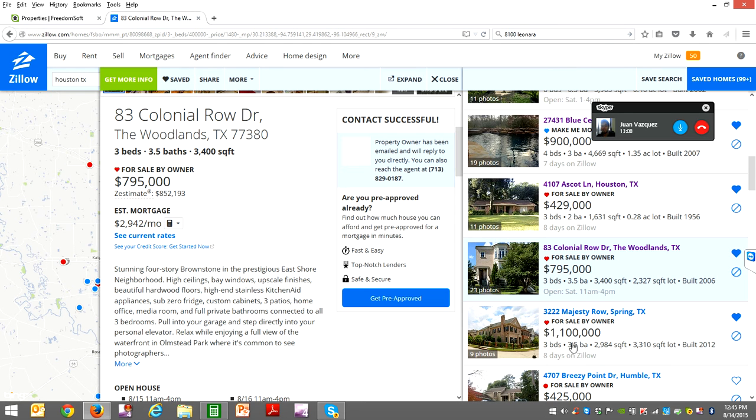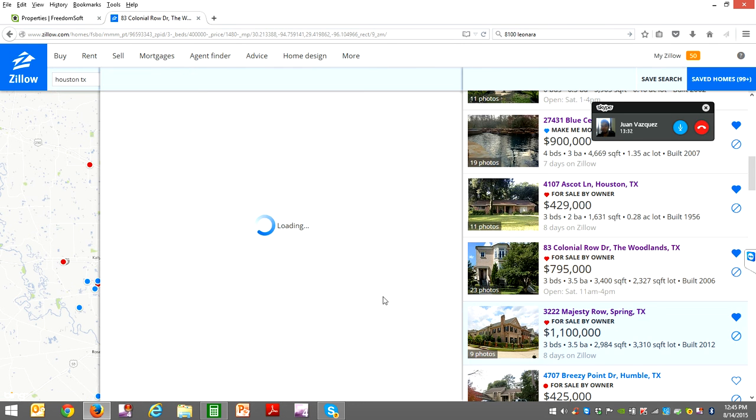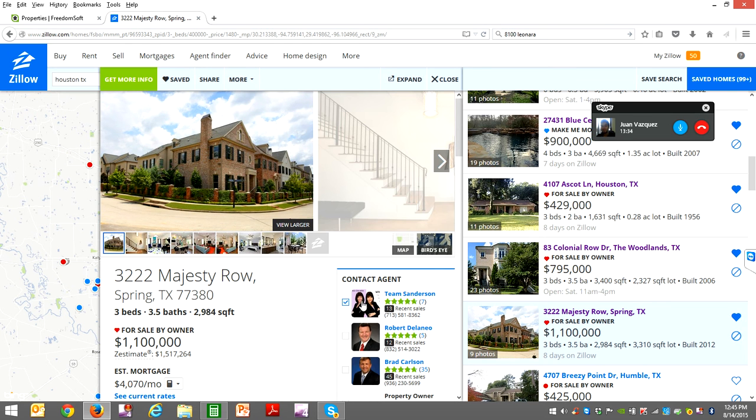So naturally, what do we want to do? We want to click on bigger properties to generate larger commissions. And certainly they may take a little bit extra time to move sometimes, but with the way that we market properties, we're able to sell properties in really 1 to 3 weeks with our process that we use to help sell properties. So I just wanted to show you guys how we prospect for some of these direct FSBO sellers